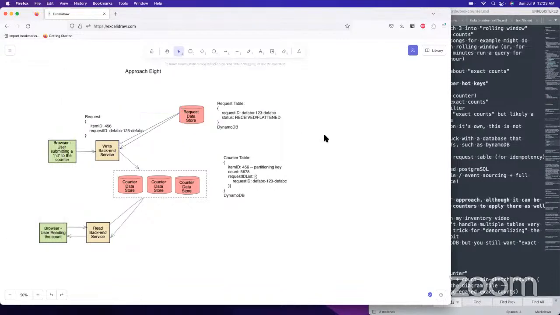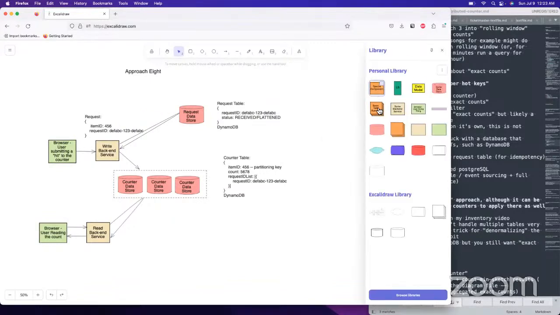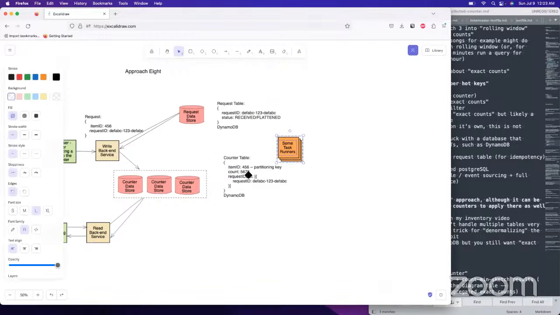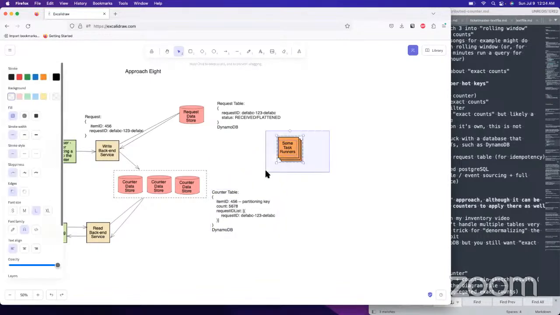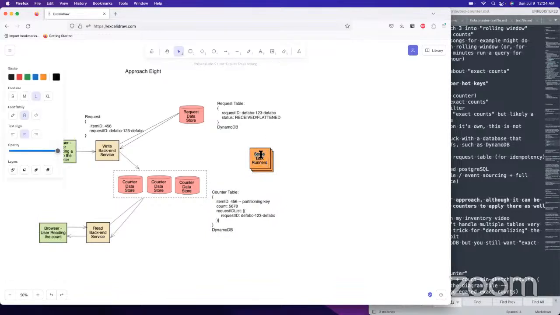And then after you committed them, you would have this cleanup worker that would also come by every so often. Or you could even use a DB trigger or something like that. We call it cleanup task workers.